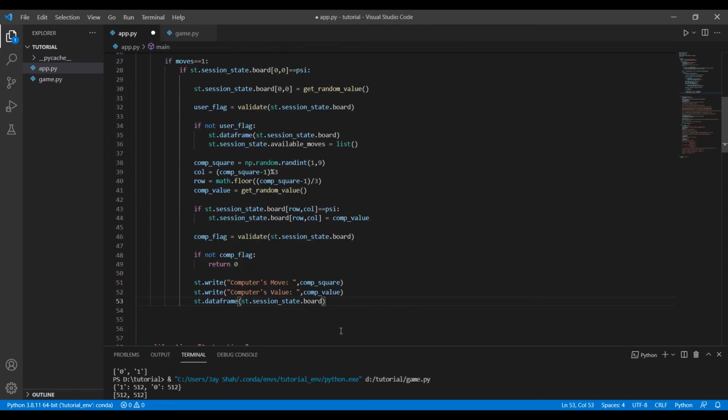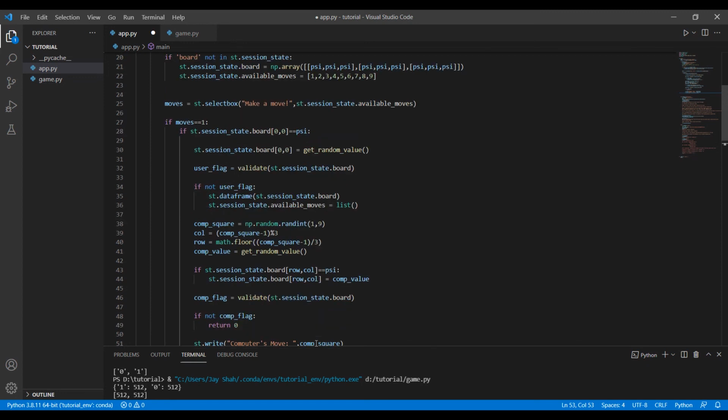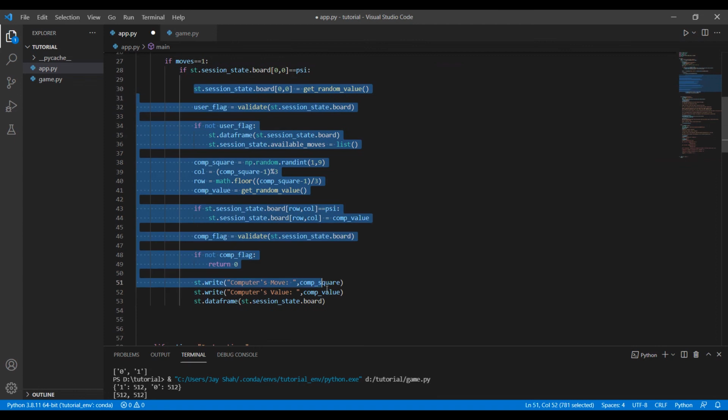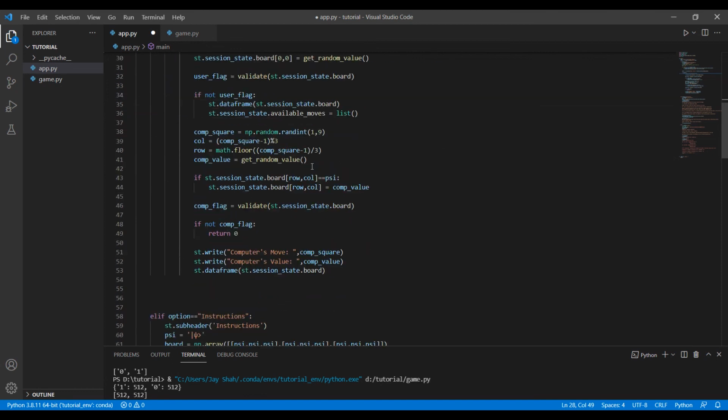Now one last thing that remains is the else condition. This else condition is in accordance with the condition here for this particular if. So all this below code is executed when the user move was selected for the first time, and the initial value on that particular piece was psi. But what if that is not the condition? Then what we'll do is